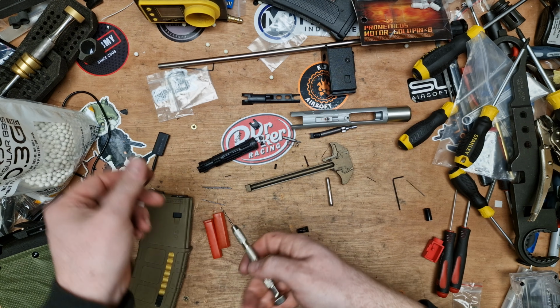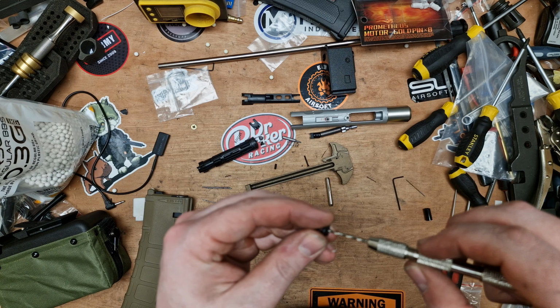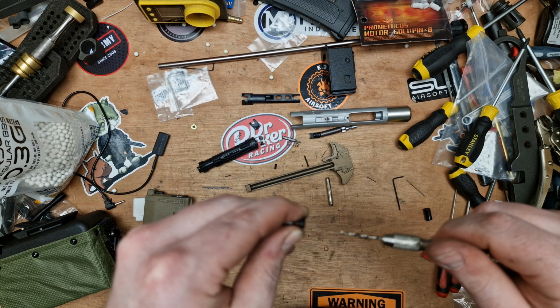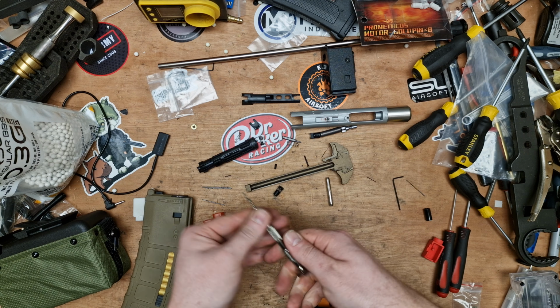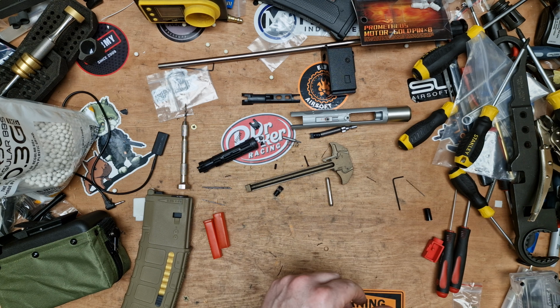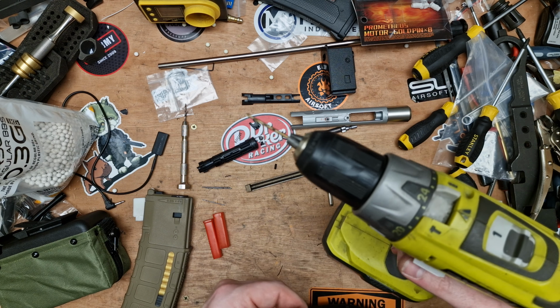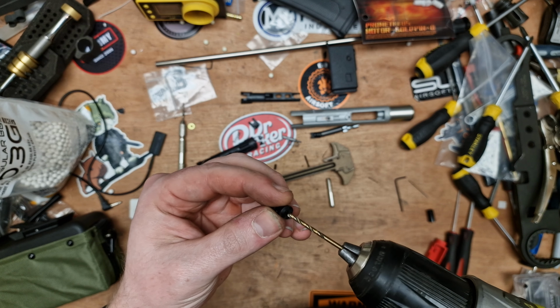They literally come in a pack. It's that old that the drill bits are rusty. And I'm just going to open up that hole. That's probably about 2 mil. And then for the final part, because my 2.5 was kind of difficult to do by hand, I've got a 2.5 mil drill bit and I've got it on the slowest speed on this drill. And I'm just going to